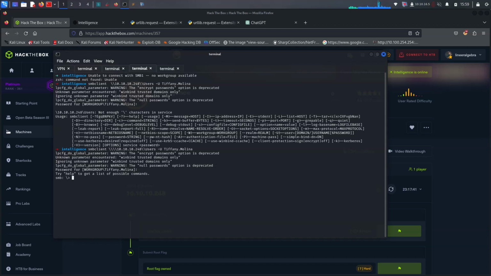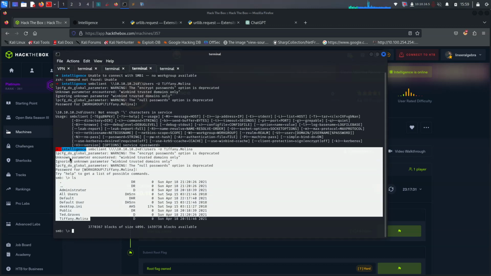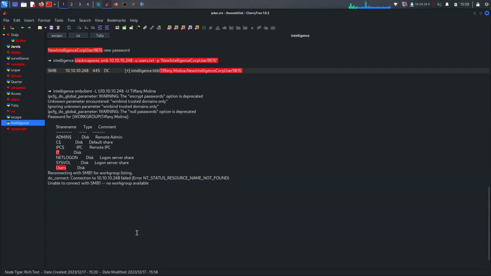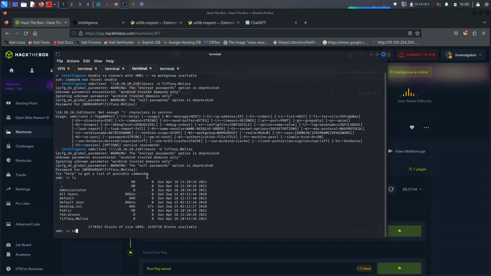Okay, we are accessing it on SMB share. So we got here Tad Graves and Tiffany Molina. So is it could be useful or second? Okay, I think or second. I don't know how I can say it, it has to be something, it is Tad Graves, but we are just now Tiffany Molina. So can we get here local.txt? I want to say local.txt because on the OSCP exam they call